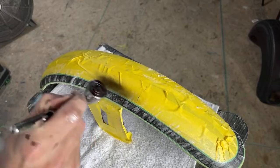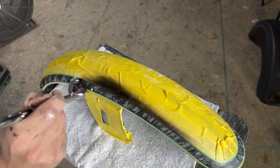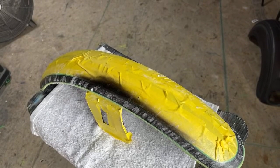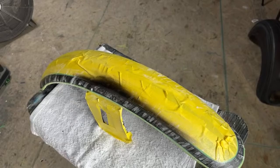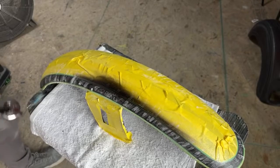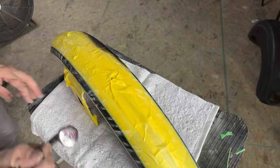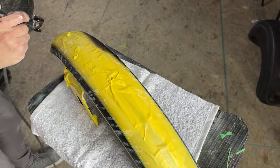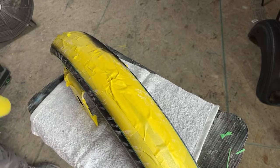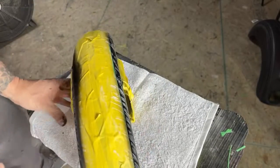And then I'm just going to aim for the edges. I'm going to thin this out just a little bit more. Just giving it a light fade. All right, that's how fast that stuff dries. So I'm going to be able to spray